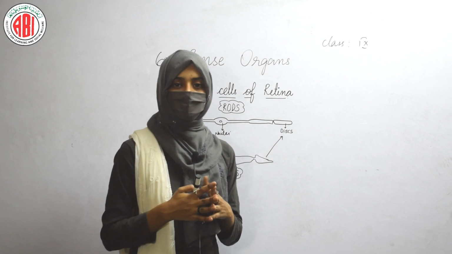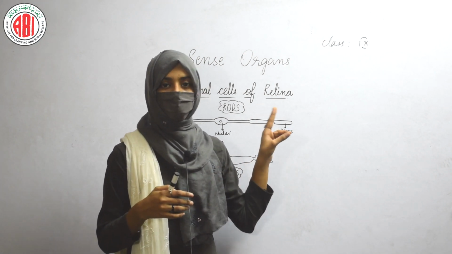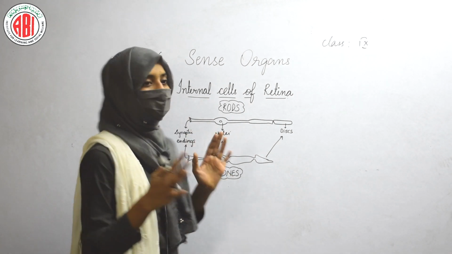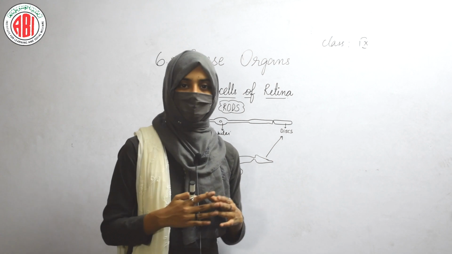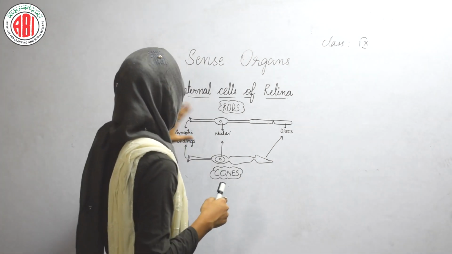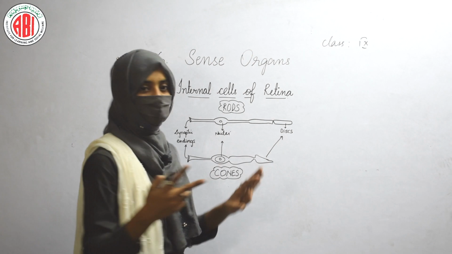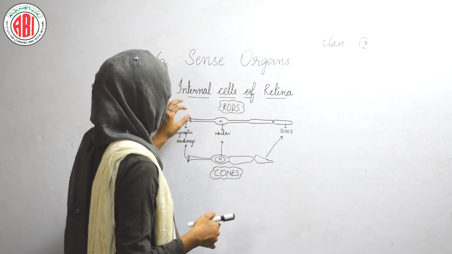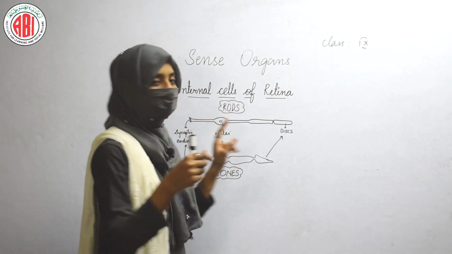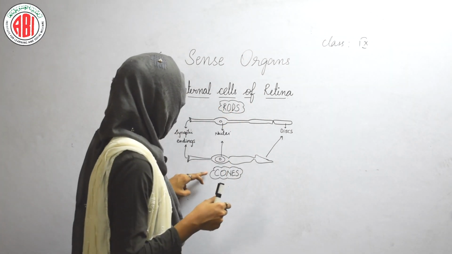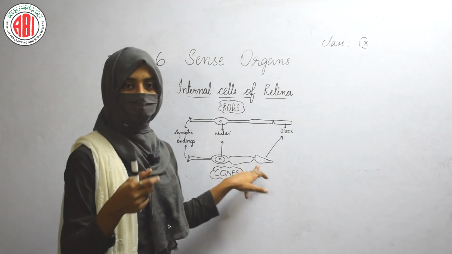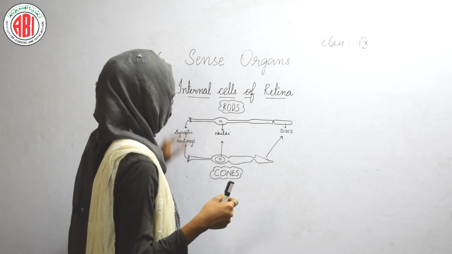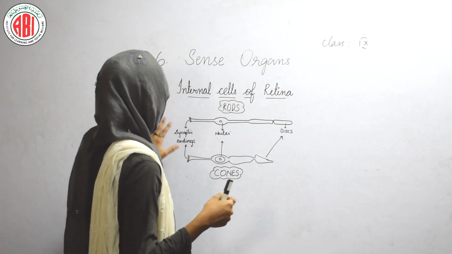There are some cells present in the retina, and it has two kinds of cells. They are rods and cones. Rods and cones are disc-shaped or disc-like cells present in the retina, and they are differentiated based on their structures. When we see the structure of the rods, it shows rod-like structures, meaning the rods are straight, and when we see the structure of cones, it shows cone-like structures at its endings. On the basis of structure, they are classified as rods and cones.